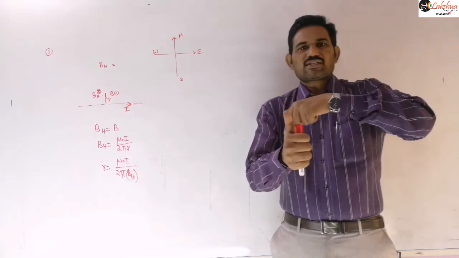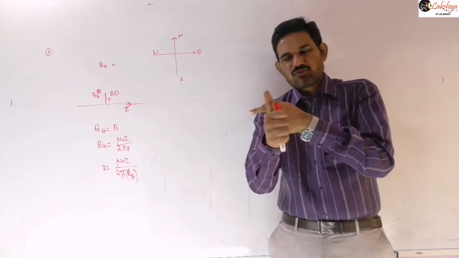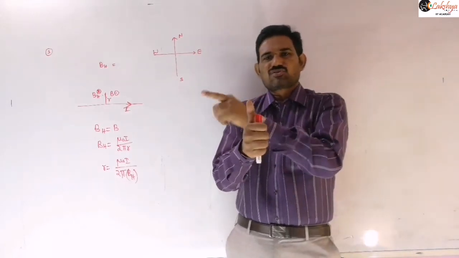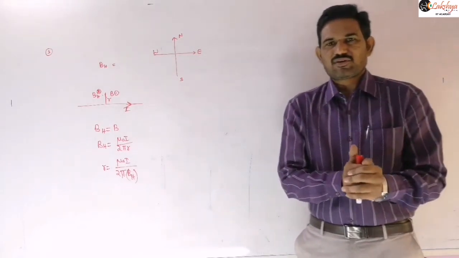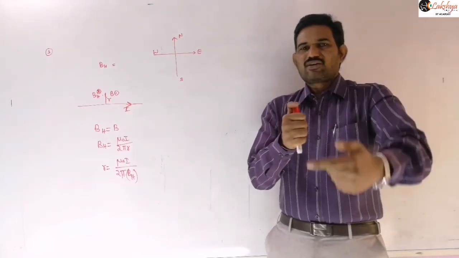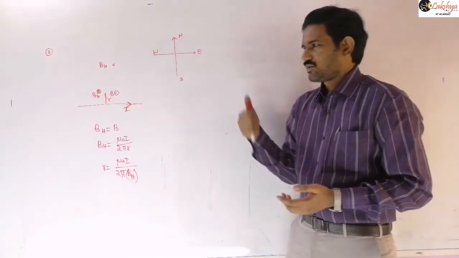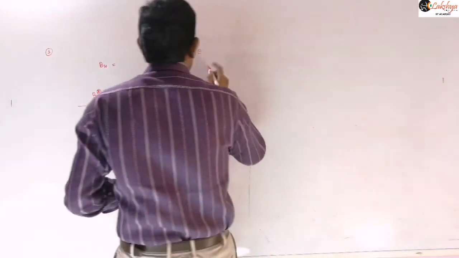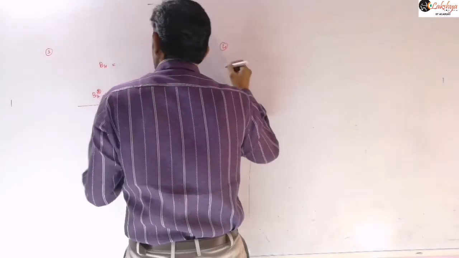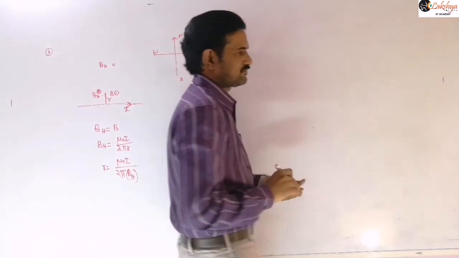Whereas on the east side of this conductor, the magnetic field produced by this wire will be towards north, and BH is also towards north. So there is no chance of getting neutral points there. So the neutral point will be on the west side of this conductor, if the conductor is carrying current in the vertically upward direction. Next, let us add that as the fifth point. The fourth one is about the north-south direction, no neutral point, and the next, the fifth one.